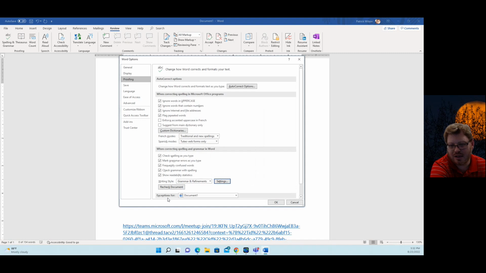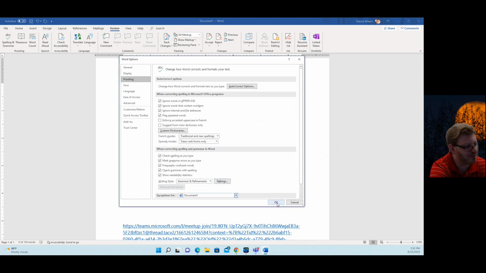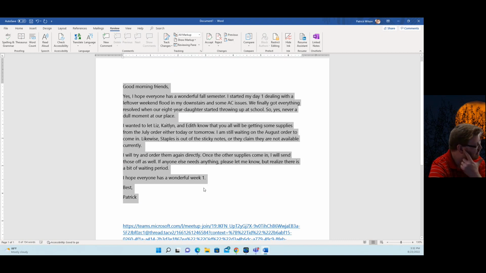Hit OK, and then recheck the document, because what you can do is, if you have a free spell check and grammar check in your Microsoft Word, you should be using it, because if you're coming up with a bunch of grammar errors, surface errors that you can catch by a grammar checker or a spell checker, then you should be able to catch them. And then after you correct those errors, you copy and paste that paragraph,